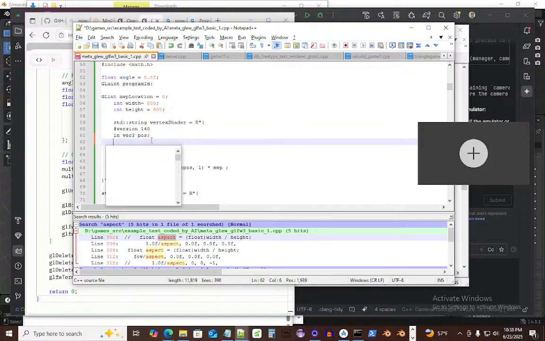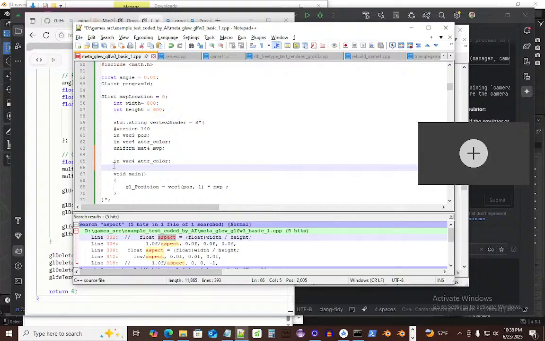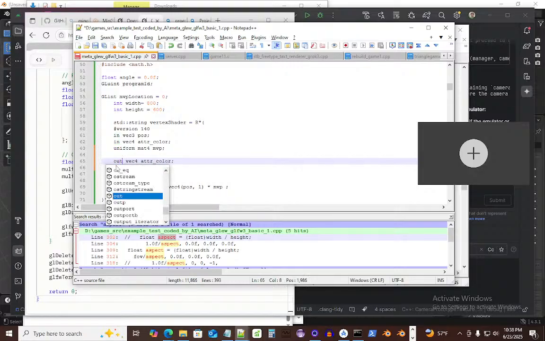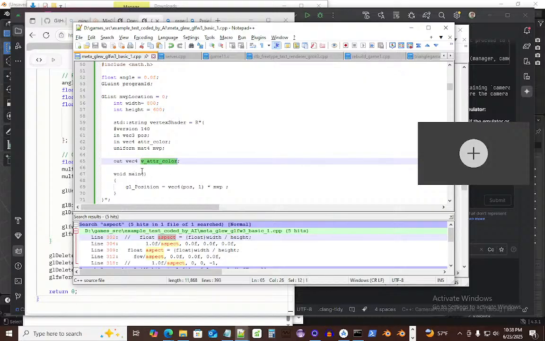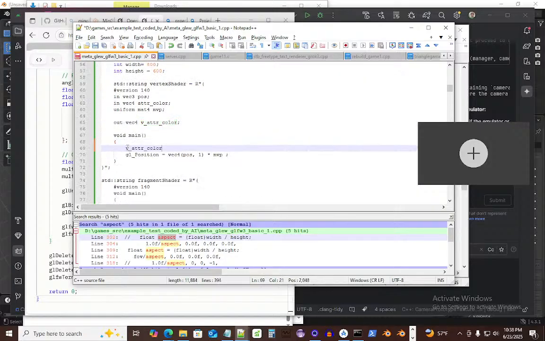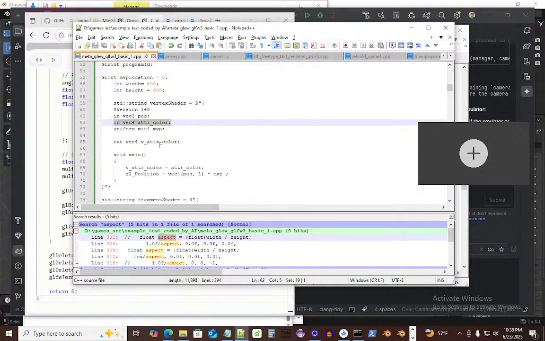In vec4, this will add the color. Then we're going to pump out another vec color. We're going to say, in the end here, out vec4 v, which stands for, and then we'll just pass, we'll say v attribute underscore color is equal to attribute color, and then in